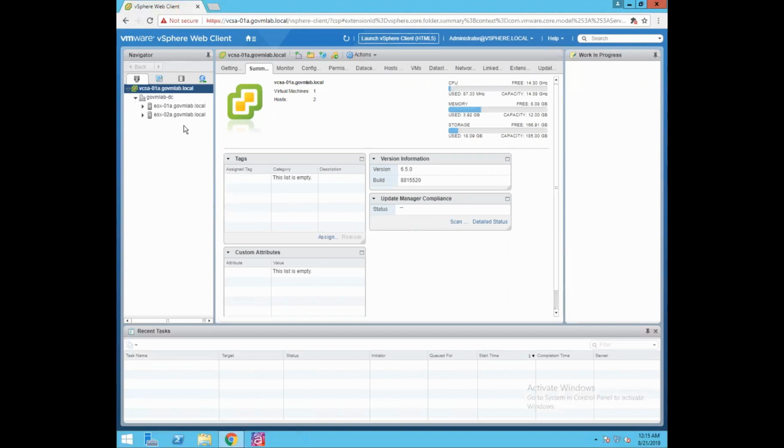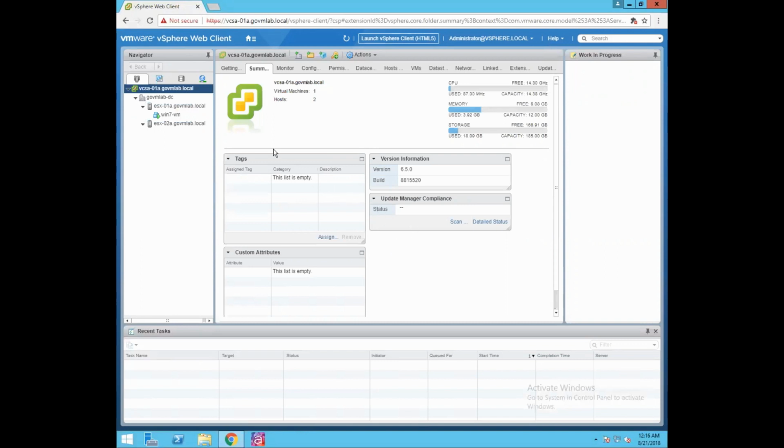These two hosts have been added to the govmlab data center. If you browse through the ESX-01A host, you can see there is one VM running on it. The ESX-02A host does not have any VM running. So this is the inventory of our vCenter Server appliance, which we are going to back up.